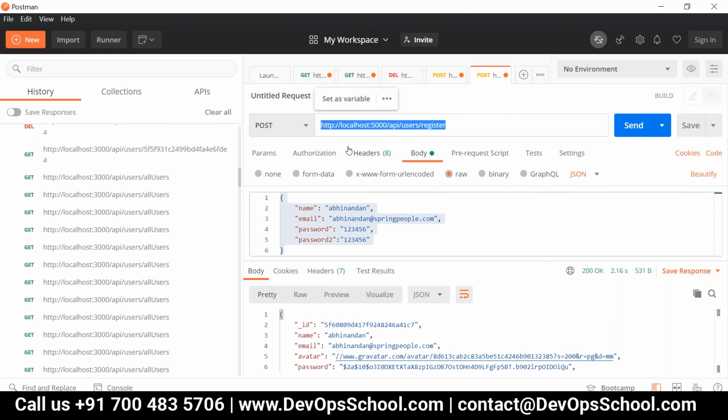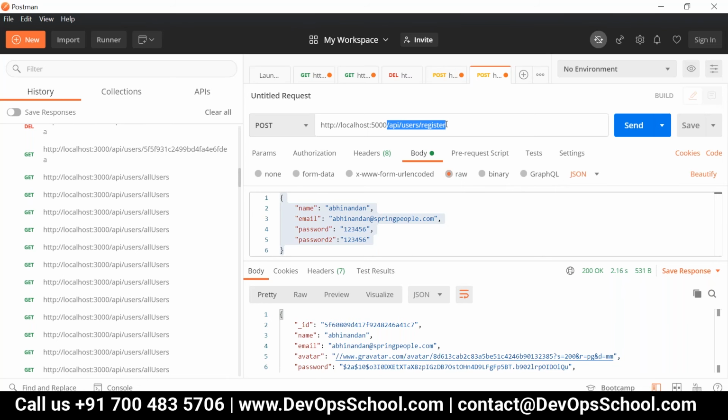People tell me, this one is already set into your proxy or not? Yes. Which part do we need to provide only? /API/user/register, correct?